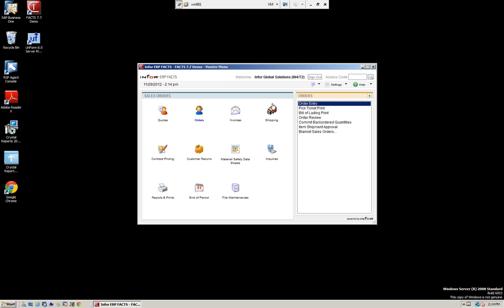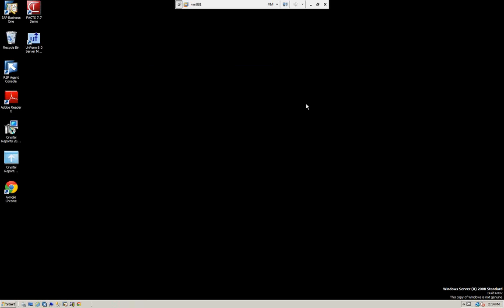So now let's go here and let's look at orders. We have our order entry. Today we're going to focus on just the order entry and the big ticket print. We'll have other series dedicated to other information like contract pricing and so on. Today we're just focusing on the process of going from a quote to a sales order to an invoice. So if we go to order entry,